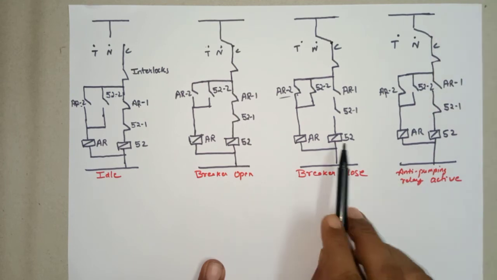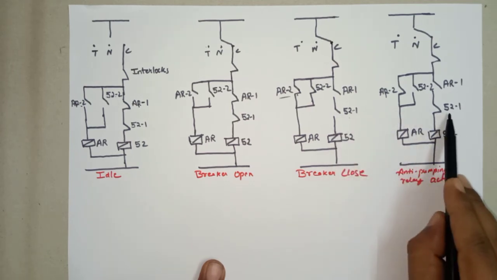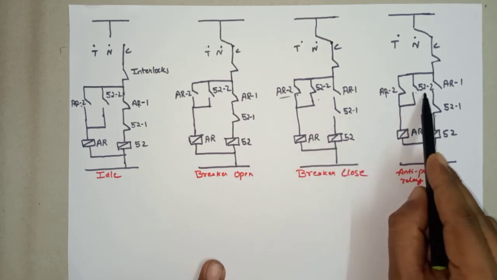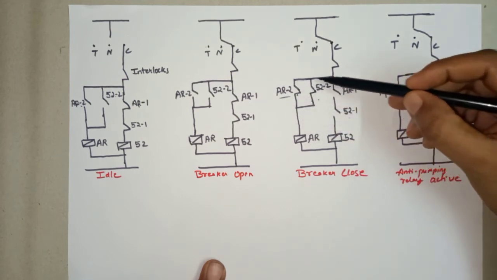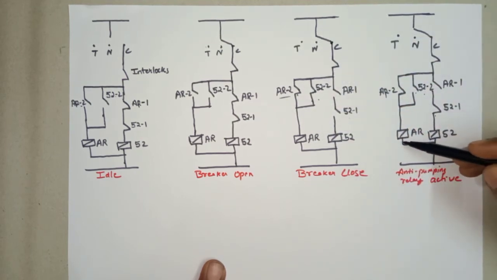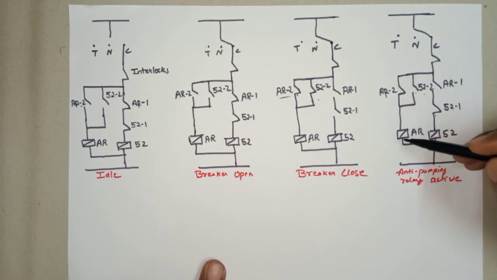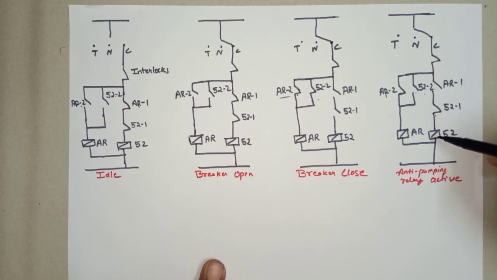When the breaker trips, the 52 contact that is NO will become NC. 52 2 was NO, NC it will become NO. But the supply of this relay will be continuously available, and it will continue to remain in pickup state through this contact. Since this is pickup, this contact is NO, and there will be no closing command extended to the closing coil, and thus the breaker closing operation is prevented.